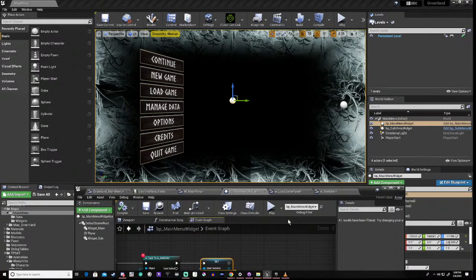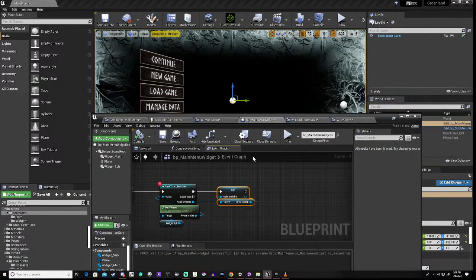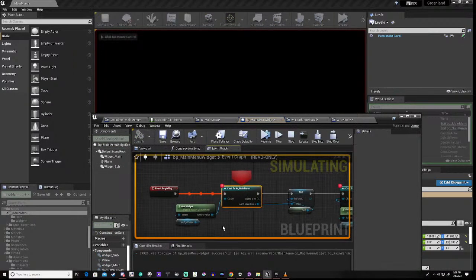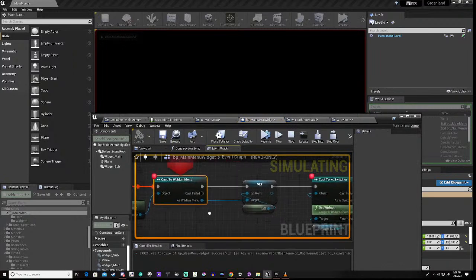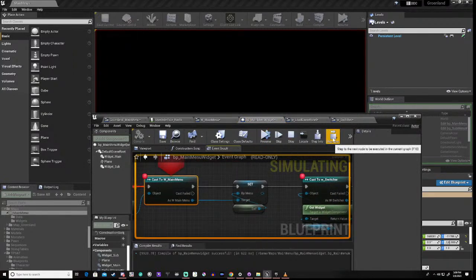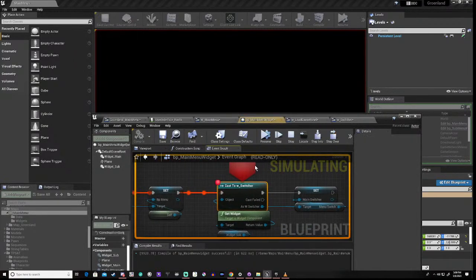Right, so in theory, this should work. We always put that caveat on it, in theory, right? So we do that, we step over, that's good. Right,